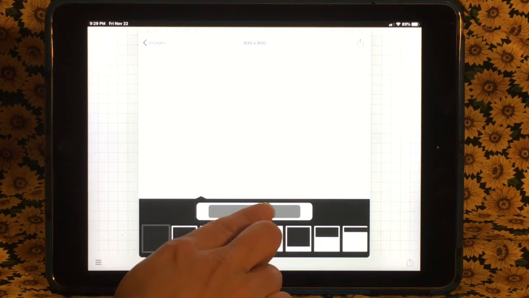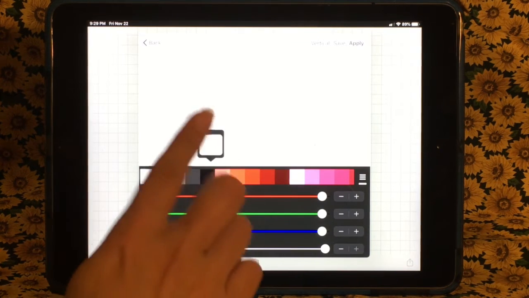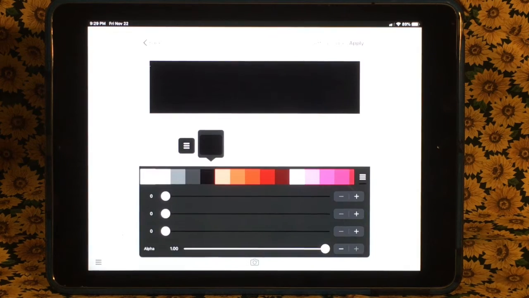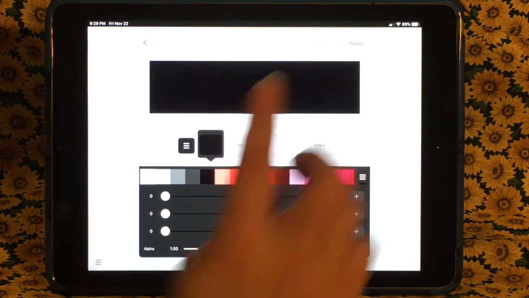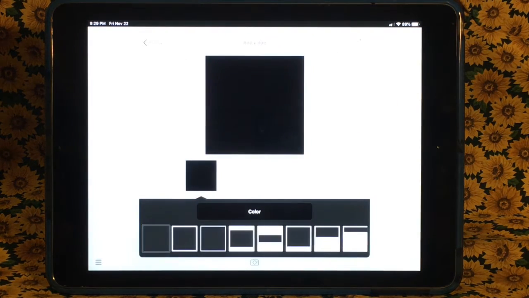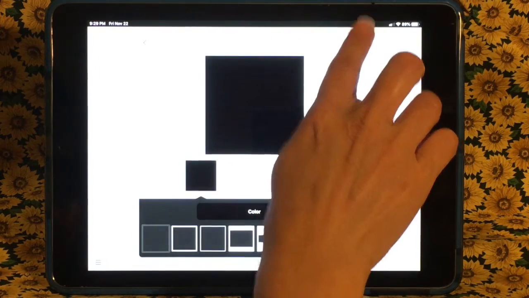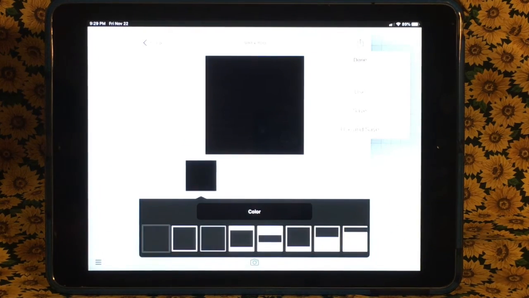I've already made some design choices, so I know that I want to have my background black, so I'll go ahead and apply that. And if you hit the icon up here, you will say use and you're ready to go. I've also saved my photo that I want to use, so I'm going to hit add image and I'll go ahead and choose that,